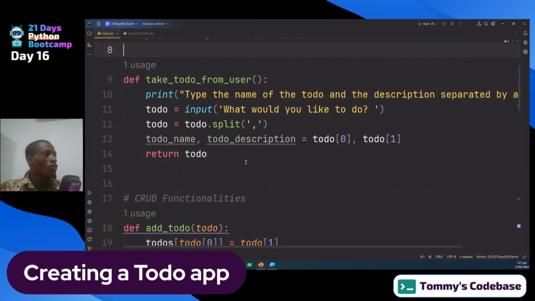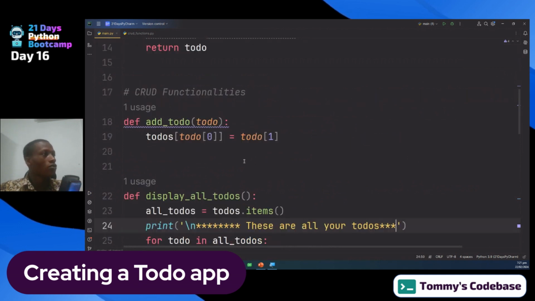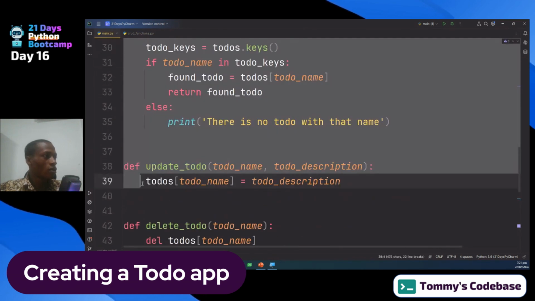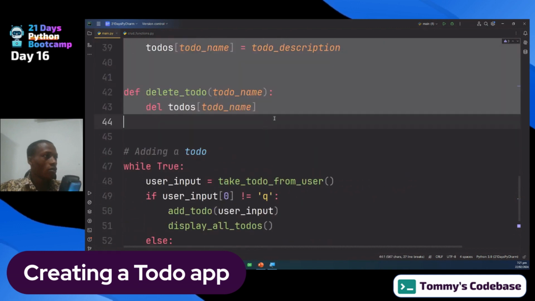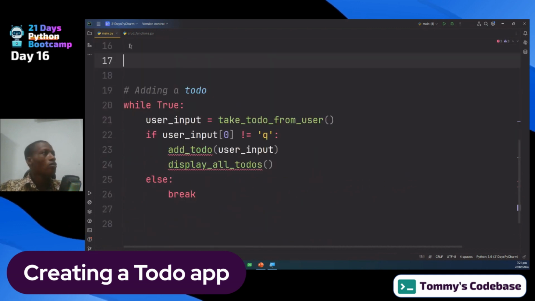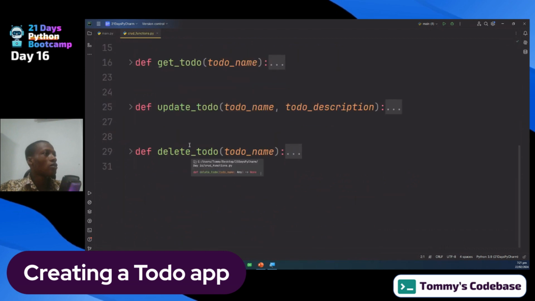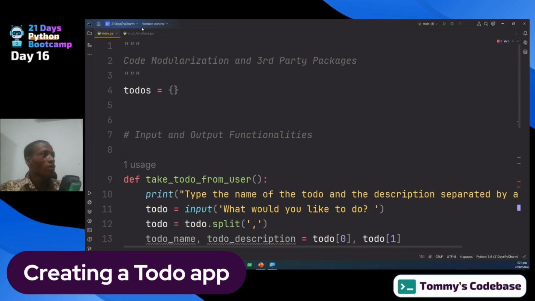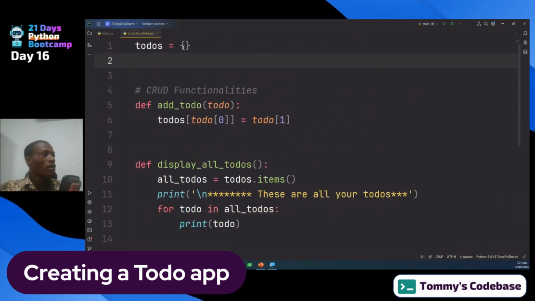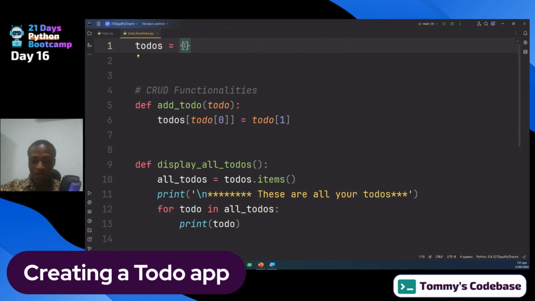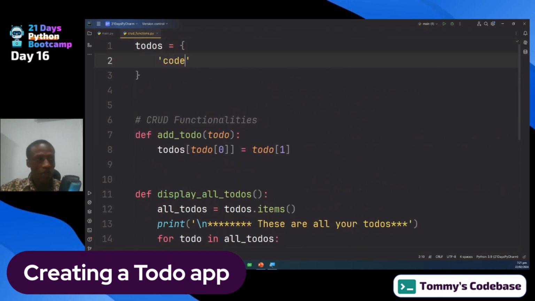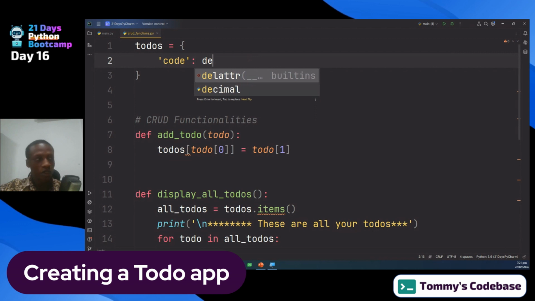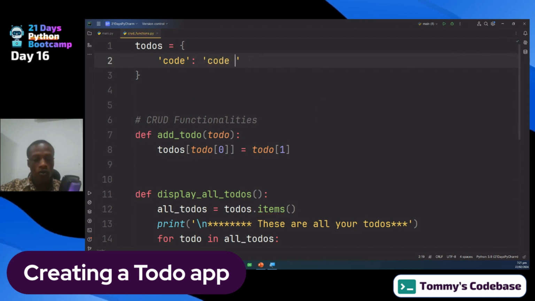Okay, so back to the update. Let me see if I have it here so I can delete these ones for the crud here. Okay, so I have up to update and delete here. So this one is only specific to this file. In fact, if I now add in some things here, anything, so first one is code, the description is code and app,